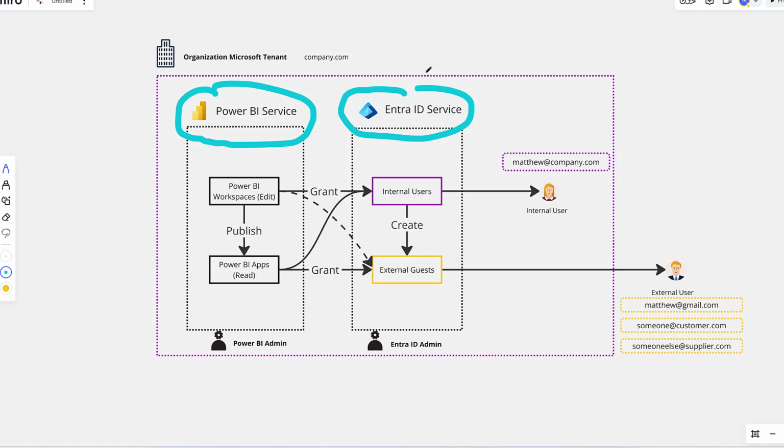That being said, later if you want to work with your security policy or checking what is wrong with the sharing, you usually need to align with both the Power BI admins and the Entra ID admins, because these two services work hand in hand. The second conclusion is with the Power BI apps, which is usually considered as a read-only